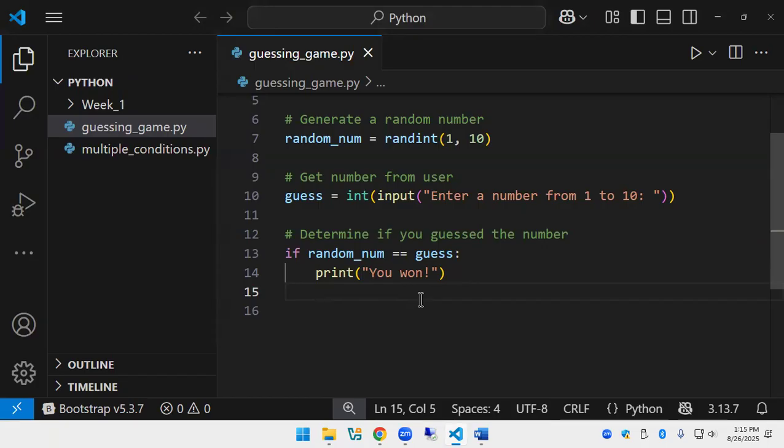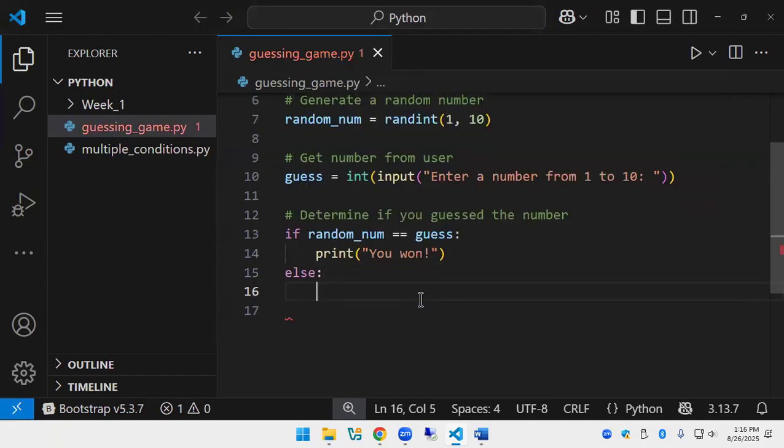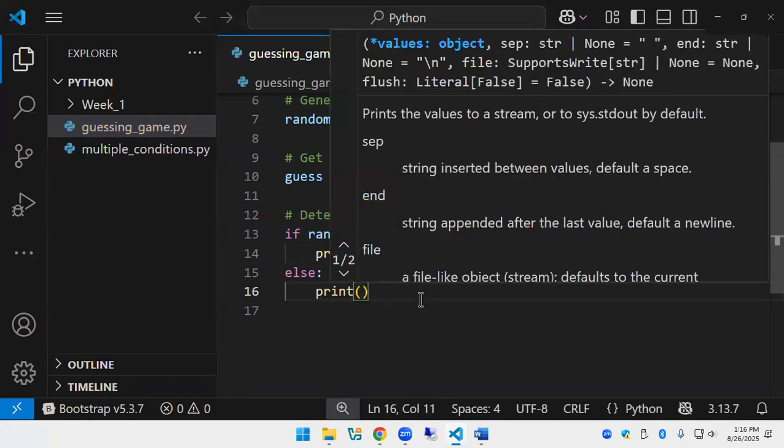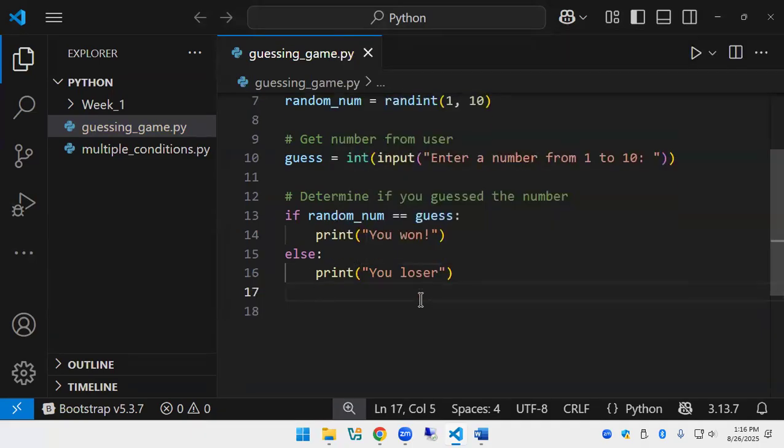If we didn't win, I would print out, you lost, loser, whatever. How would I print out the actual number I should have guessed? Because I know what I typed in. How would I print out, hey, dude, the number was this?